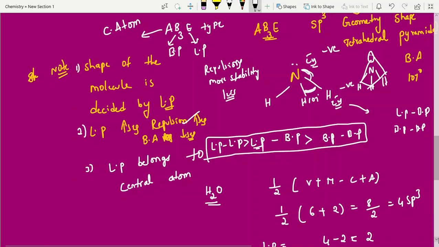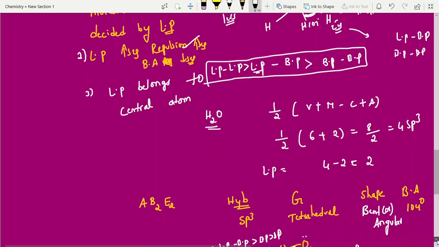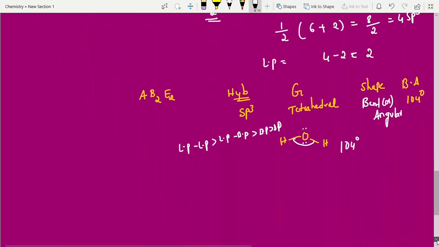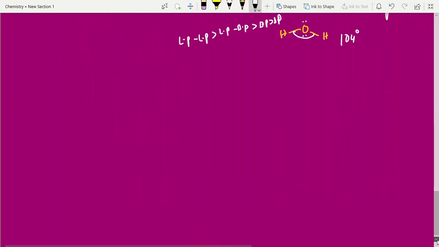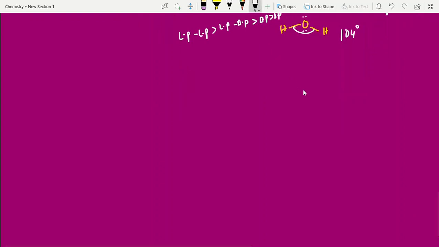So here lone pair calculation plays an important role. How to calculate hybridization, bond pairs, lone pairs, everything I have explained. You can try some examples I am giving, and one charged species also I will take and explain. One charged one. See, SO4 2 minus. What is the hybridization of the underlined or central atom? You may expect questions. So V plus M minus C plus A. Clear? Whatever I have selected are confusing examples which are frequently asked in examinations. So both level 2, lower level to higher level.